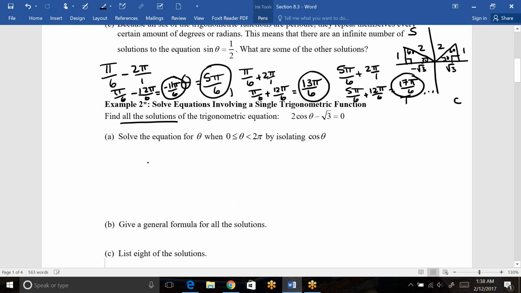And you usually start that way because, remember, a minute ago I found those first two answers that were in quadrants 1, 2, 3, and 4, depending on what sign we were dealing with, which was a positive 1/2 in that last example. Then we say, okay, you can keep going around the circle either forwards or backwards and end at that same location. So essentially we were adding and subtracting 2 pi to get other solutions. So first of all, let's focus on just from 0 to 2 pi. So we take this equation